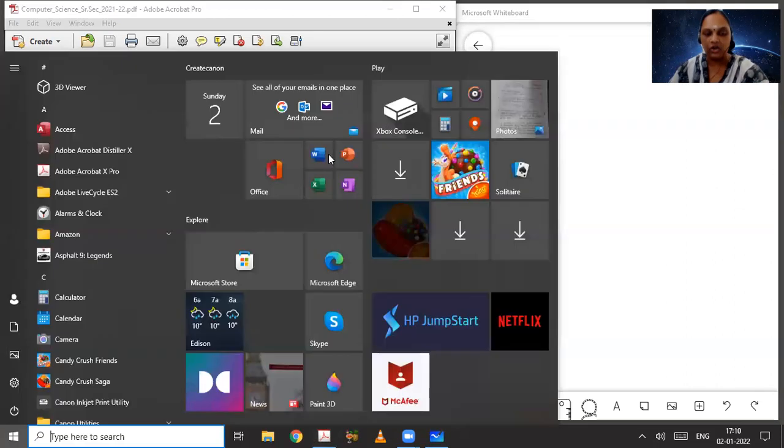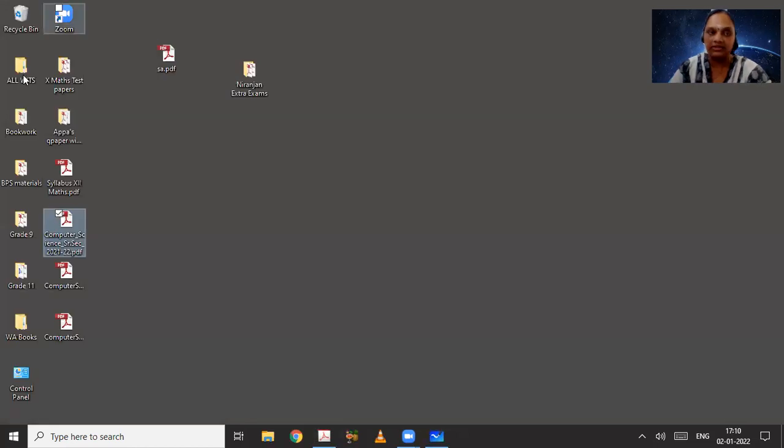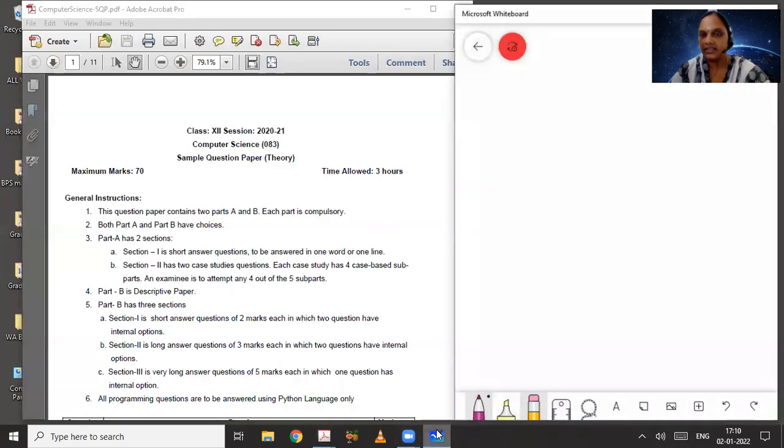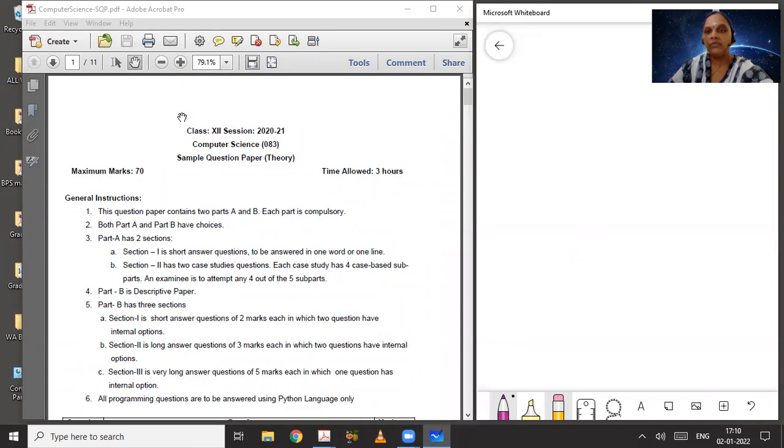So we have only 3 topics left. This is not this year's sample paper. It is the sample paper of 2021, but with the deleted syllabus. So even before we go here,